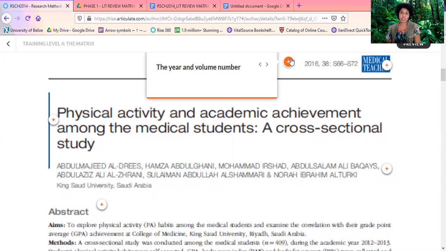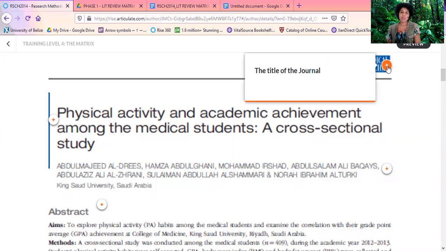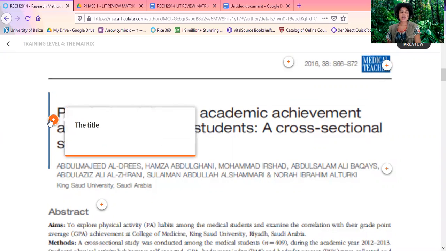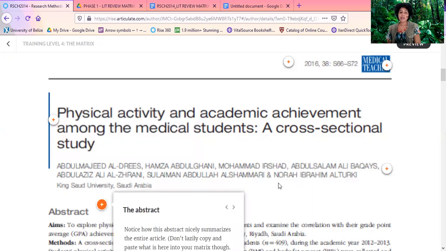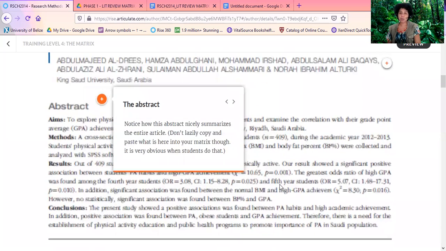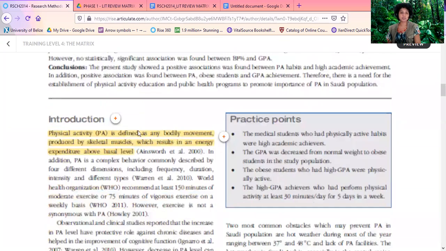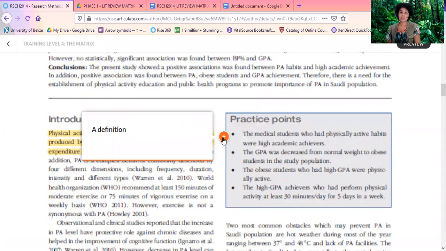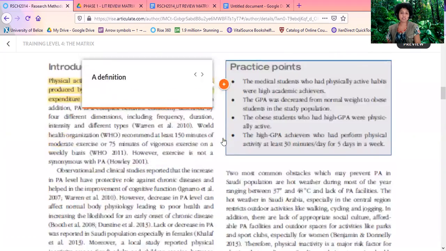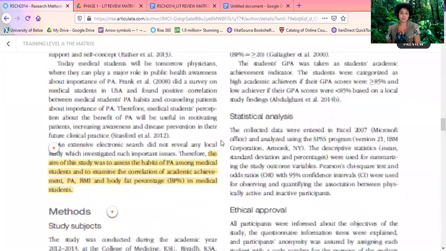Here we have the year and volume number, the title of the journal, the title of the article, the authors of the article, the abstract, which gives us a brief summary of the entire article, the introduction, an example of a definition found within the introduction,